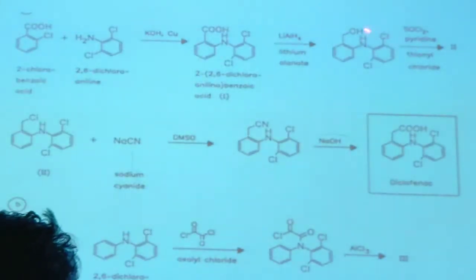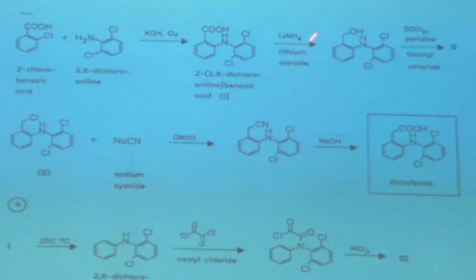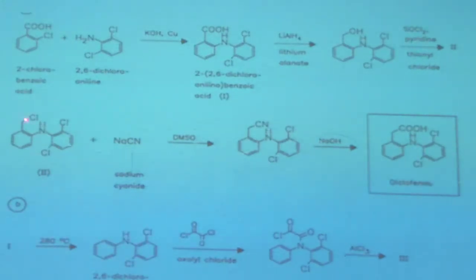In the next step, when you react that compound with thionyl chloride in the presence of pyridine, that hydroxyl group will get replaced and Cl will get attached. That hydroxyl group will be removed. That proton will be removed by reacting with Cl, forming HCl as a byproduct. That sulfur monoxide will get attached with oxygen, and sulfur dioxide will be removed as a byproduct, and your reactive intermediate will be formed. That reactive intermediate, we are focusing on that position.